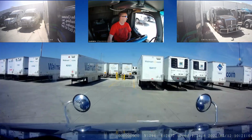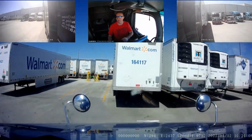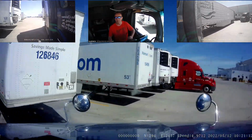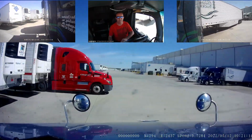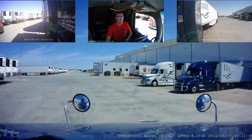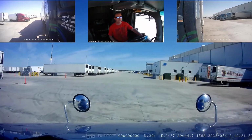Alright guys, so that's my Qualcomm decides to walk right there. Alright, we'll get out of here now. Get checked out. Look, my trailer door is still open until we get past the guard shack. It's Delta 3908. I'm pretty sure he's the same guy who was at the Fort Worth yard at the same time as me, so